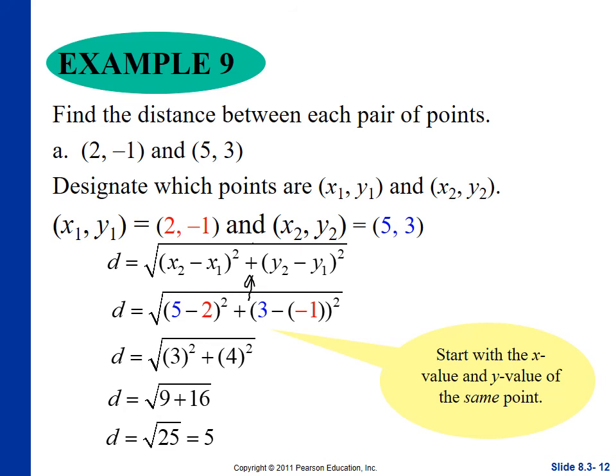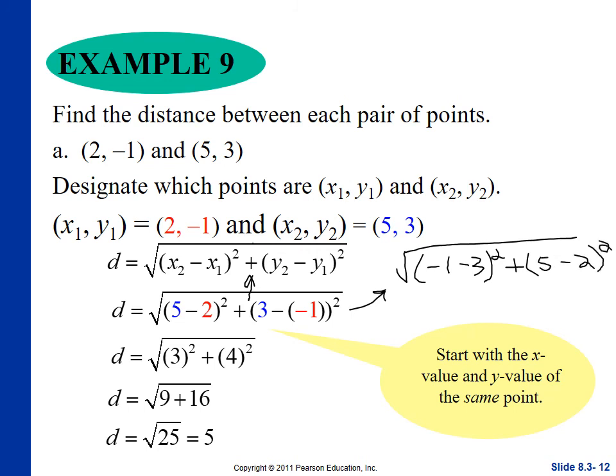So let's say that I'm going to come over here and I'm going to make a mess out of this. I'm going to say 2 minus 5. Actually, you know what? I'm going to make it even worse. I'm going to screw it up even worse. I'm going to put my y's up in front. And I'm going to put y sub 1 first. So -1 minus 3 squared plus, and I'm going to say 5 minus 2